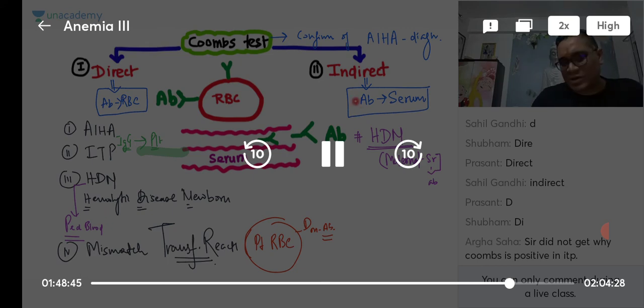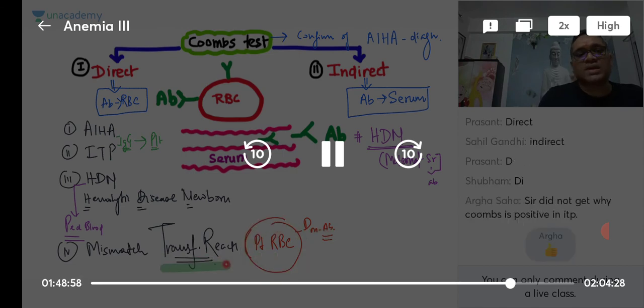Okay. So in direct Coombs test, now you understood the patient's RBC is having donor antibody, so the donor antibody we have to identify, the antibody present on the RBC. The patient's blood sample has been sent in the transfusion reaction. That is why direct Coombs test will be used here.